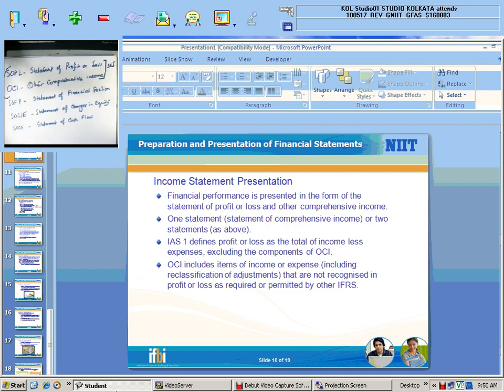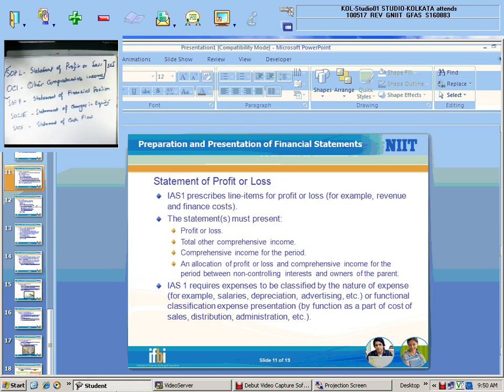The statement of profit or loss, we'll first discuss SOPL. IAS 1 prescribes line items for a profit or loss, for example, revenue and finance cost. So revenue, finance cost, these are the various line items of SOPL. The statement must present,